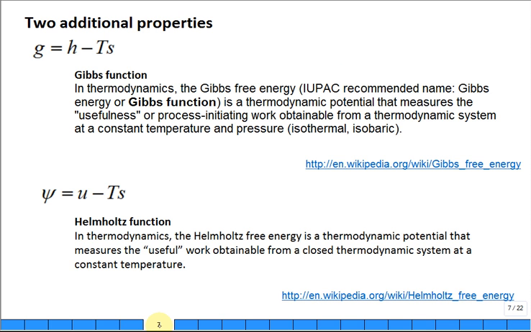There's two additional properties. One called the Gibbs function, lowercase g or cap G. If it's lowercase, it's per unit mass, right? And then the Helmholtz function, psi. You can read more about the meaning of the Gibbs function or Gibbs free energy. This textbook sort of just drops it in off the planet Mars. Here it is. What's it used for? Don't ask. Comes later. Not in this chapter. Just here it is. It's a new property. It's helpful. Same with the Helmholtz.